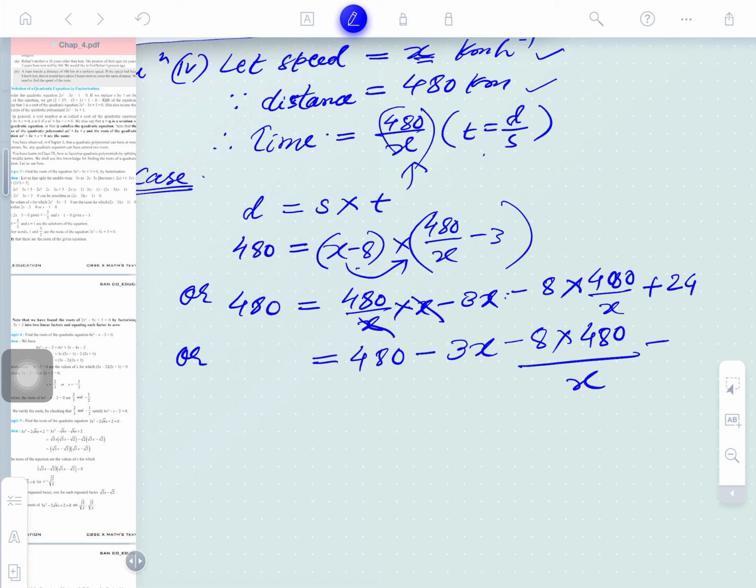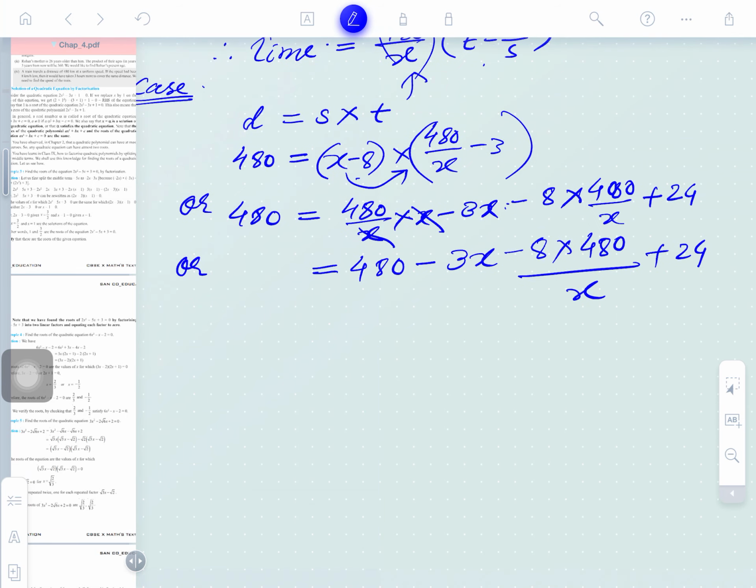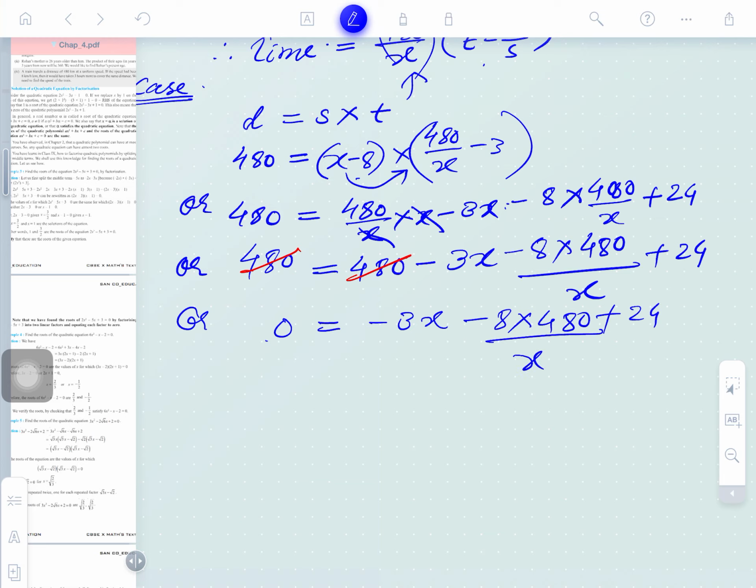One trick I want to tell you: do not composite the value here, since 480 is coming, clear. So this 480 cancels from either side because the same data is there. Then the next expression is 0 on one side, and here minus 3 of x and 8 times 480 plus 24 and here only x. All the expression can be multiplied by x, since this is the denominator. Here it is 0, and here 3 of x square, x cancelled, 8 into 480